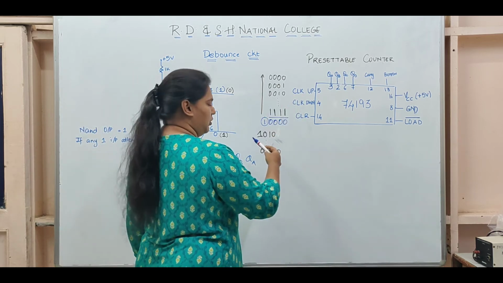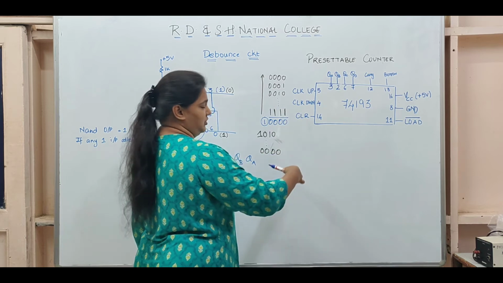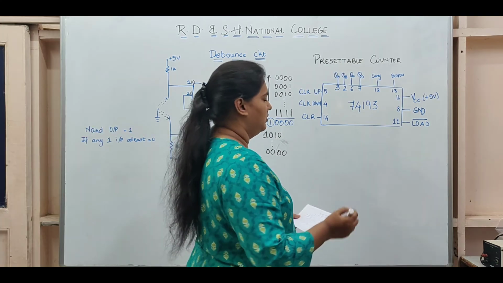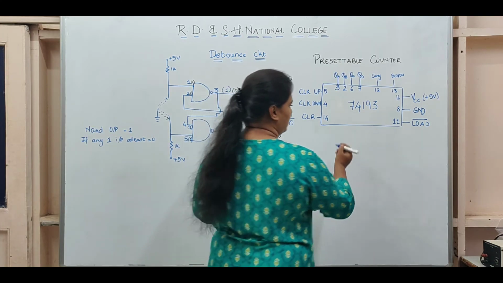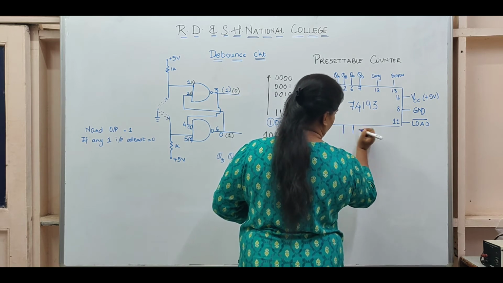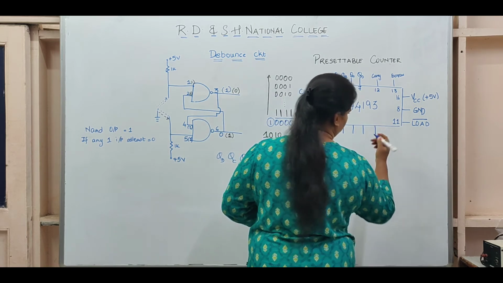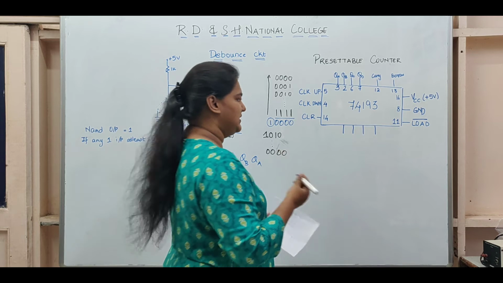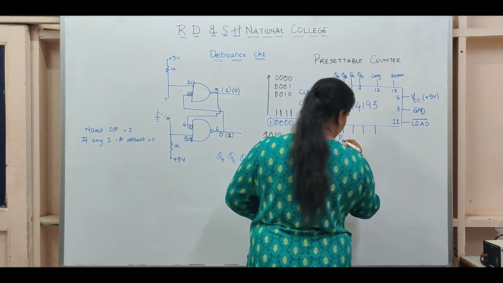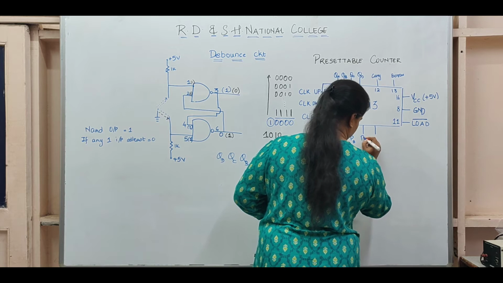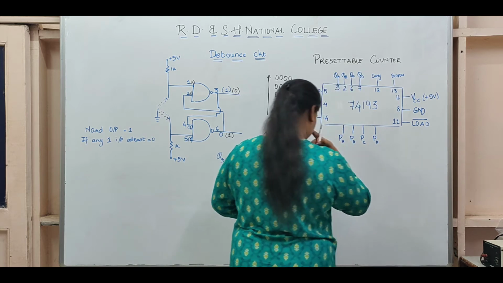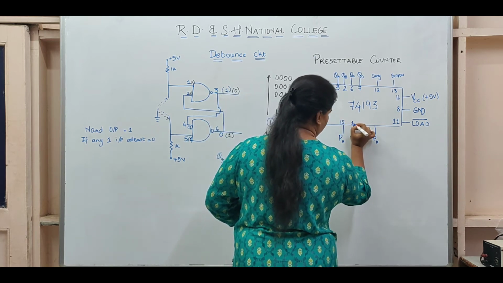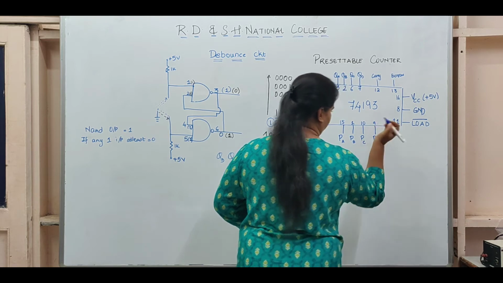In borrow, if you have a borrow while you are going below 0000, then again the borrow bit will rise to 1. And we have 4 more pins which are basically used to preset the value. Suppose I want to start counting from 1010. These 4 bits will be used to preset that value. They are named PA, PB, PC and PD, again PA being the least significant and PD being the most significant bit. The pin numbers are 15, 1, 10 and 9.